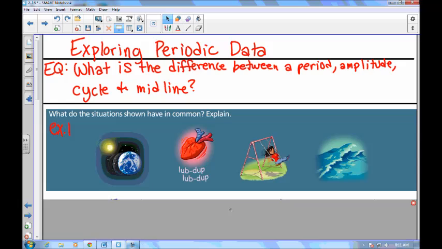Okay? Let's talk about the heart beating. What's the movement a heart makes? Pulsing. It expands and contracts. Expands and contracts. Okay? Let's talk about,